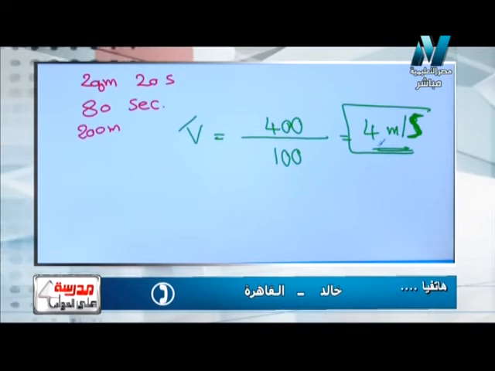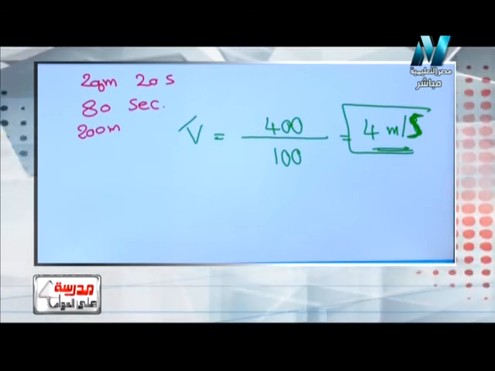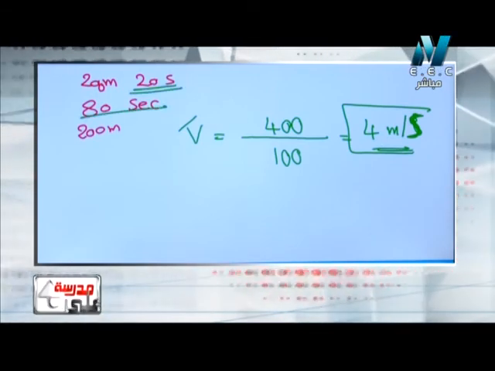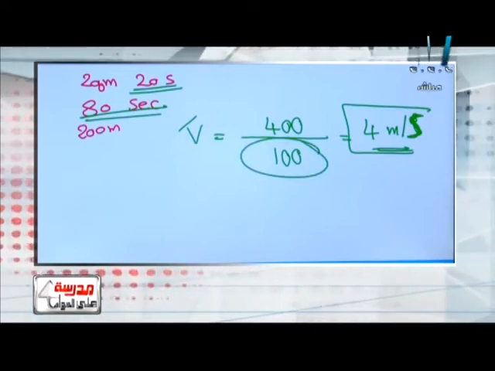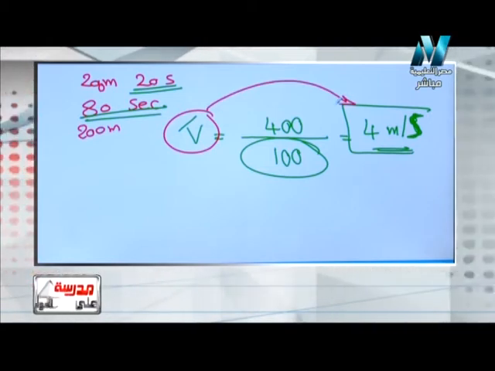تمام. زي ما احنا شفنا كده مع بعض, in this problem he said the body moves and covers 200 meters in 20 seconds then returns back, وما قالوش الديستانس بس قال له return back in the opposite direction covering the same distance. يبقى هو راح 200 ورجع لغايه the origin point لنقطه الاصل بتاعته, يعني 200 forward then 200 backward. يبقى we have 400 meters over total time taken. طب التوتال time taken equal how many؟ 20 seconds plus 80 seconds, طبعا يبقى 100. يبقى the average speed, or v dash, equals 4 meters per second.